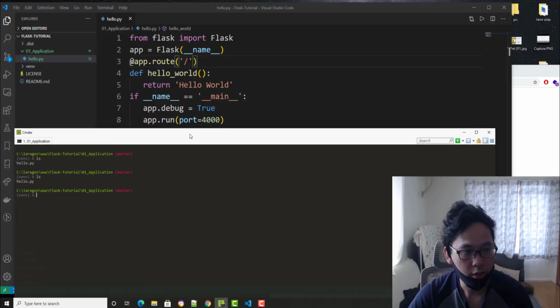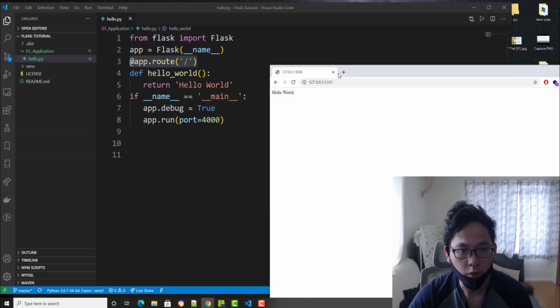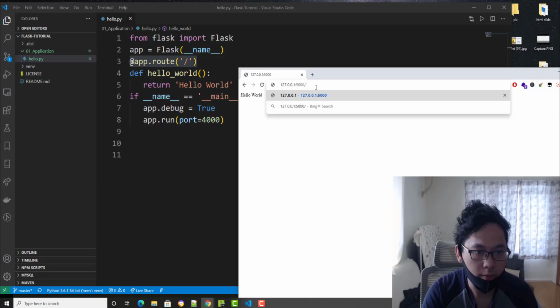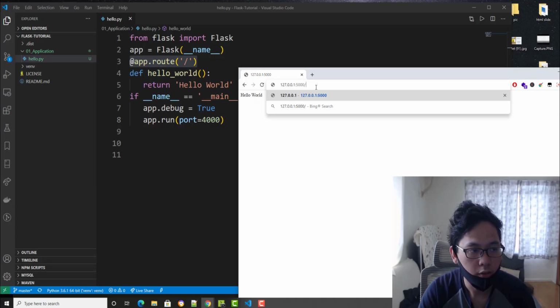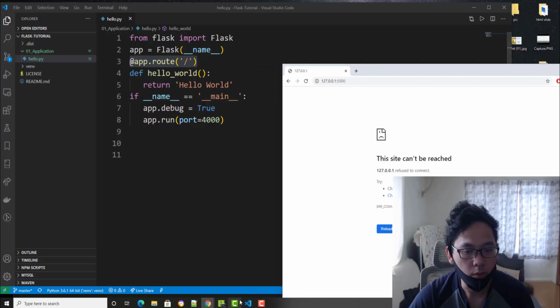If we run this, so this is a router. It means if you're on the URL with slash, something like that, hello world will run. Okay, it's not running, so I'm gonna run it later on. I'm gonna teach you how to run your first program.